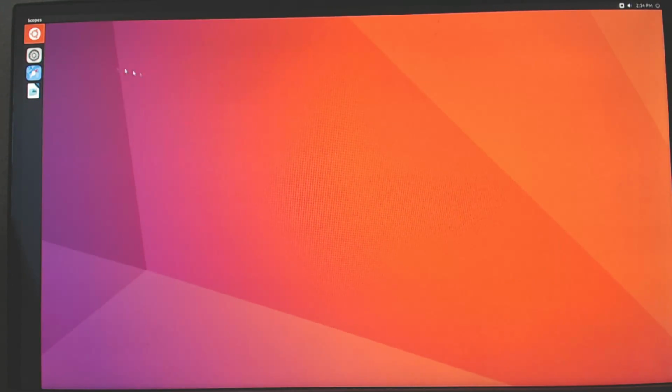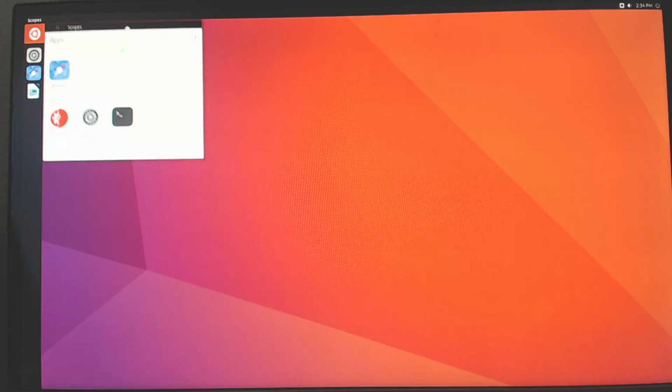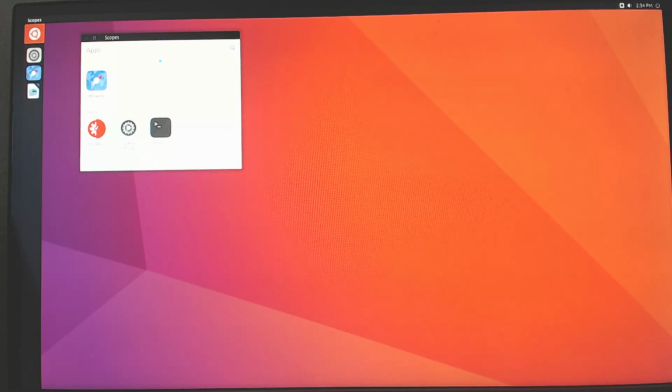But that's kind of how you get to that. Now back to this scopes window here. The other thing I don't like about it, it's not clear how you can add things to this if you want. But then if you pull this up, there's a bunch of things on here that I want nothing to do with. Like,